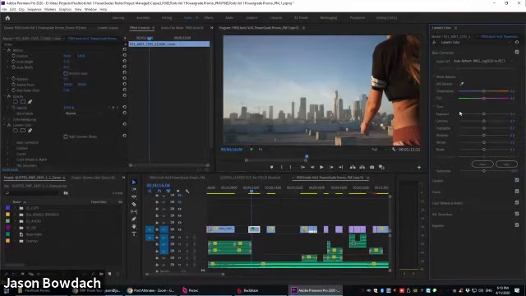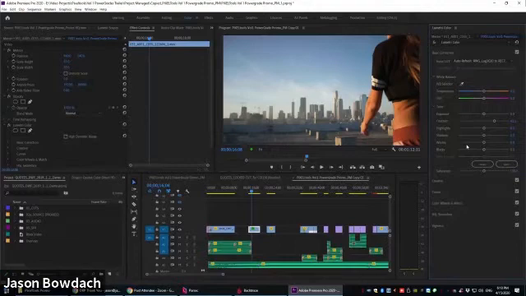Well, in Resolve, this might work, but Premiere does not have any color management. Premiere is expecting a Rec. 709 gamma 2.4 image. And while you can go clip to clip and mess around with this, add some contrast, add some saturation, and call it a day, you're going to have some problems when it comes to consistency and having clips look the same. You're essentially going to be rolling your own color management. It's completely on you to make them all look the same.